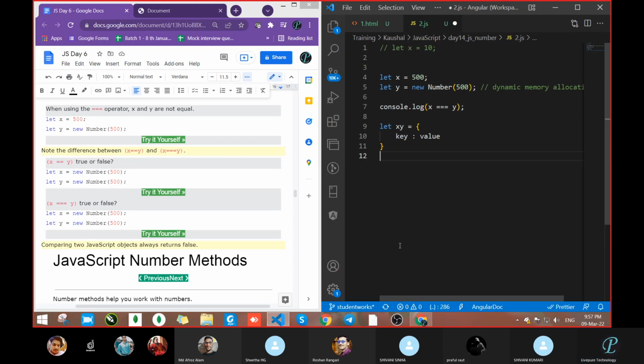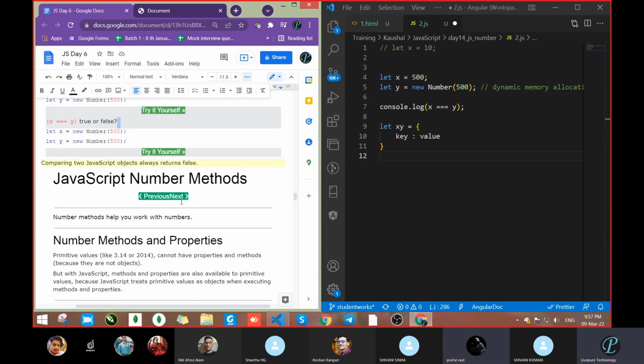Got it? But if anybody asks what an object means in the sense of data, you can go with key and value pair. You can tell that data is stored in the form of key and value pairs in the object case. Clear?